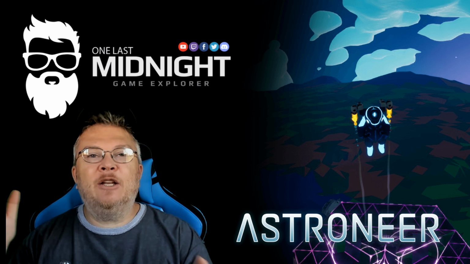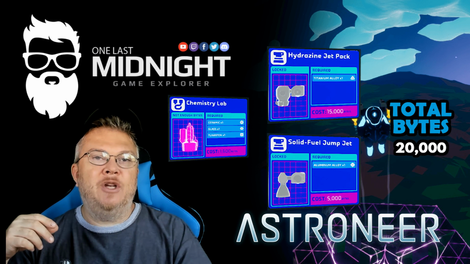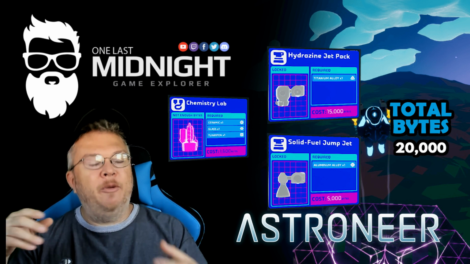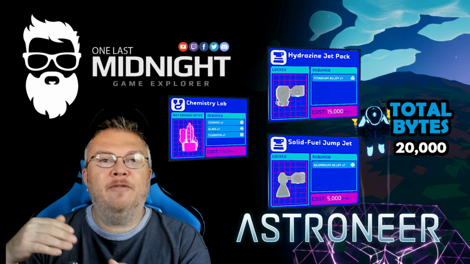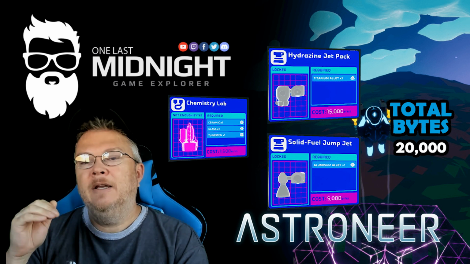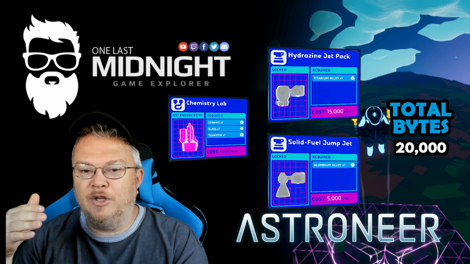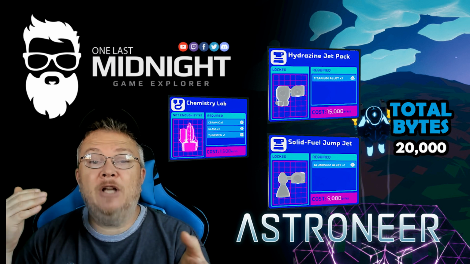All right, let's go ahead and take a look at the jetpack and the jump jet. So we have a solid fuel jump jet, which is 5,000 bytes to make, and it takes an aluminum alloy. Aluminum alloy is okay. It's not too hard to get because you have the copper and the aluminum, and then you're going to need the chemistry lab. So you're going to need to at least have gone to DeSolo or Calidor to get your tungsten to make